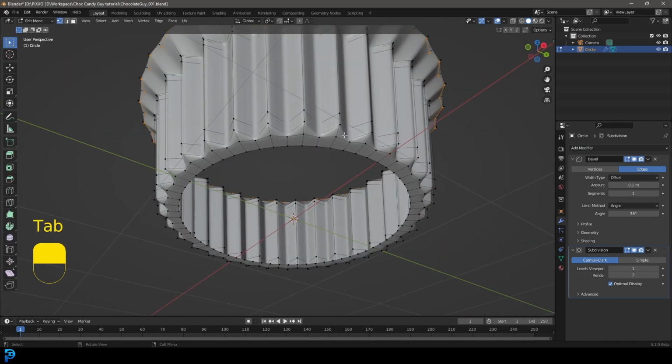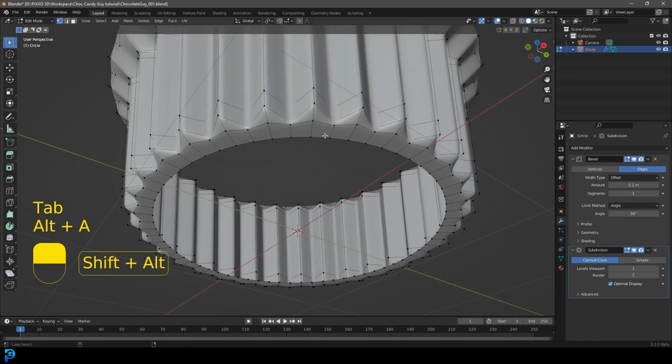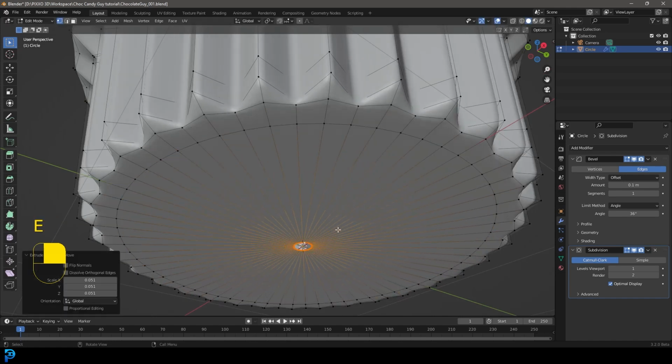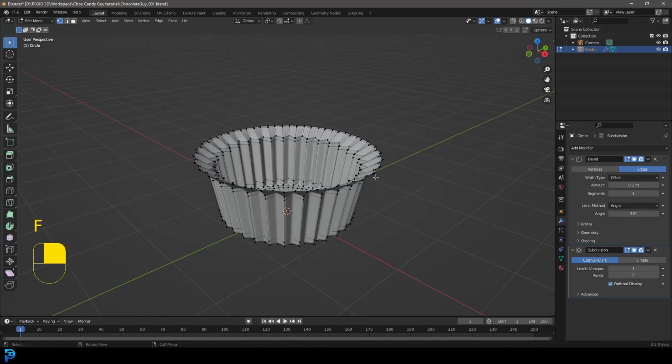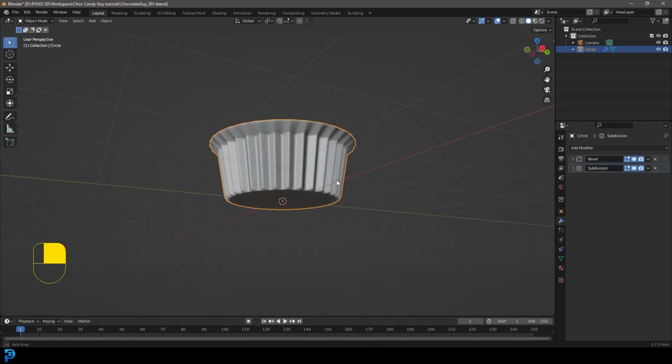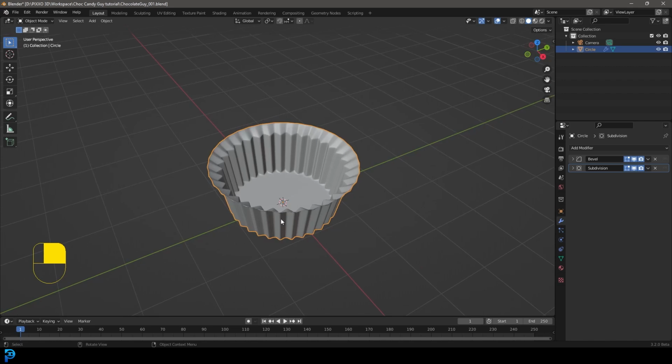Okay, so let's just quickly tab back in, Shift Alt, click on this edge here, E to extrude, S to scale, and just bring that in, and then go F just to fill that face, and then tab back out there. So now that we have our nice looking little chocolate wrapper basket thing done, let's make the actual chocolate